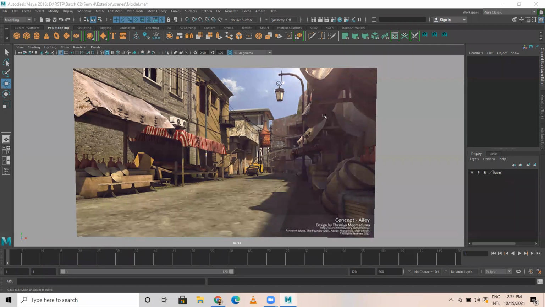Majorly in this you will be learning proportion. If my building proportion is this, what would be the proportion of this street lamp? This can't be big, this can't be small. So it's all about looking at this particular reference and making sure it is not out of proportion whenever we build. Now I'll be starting with the exterior part.